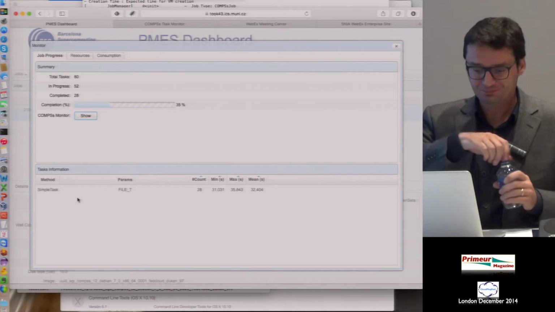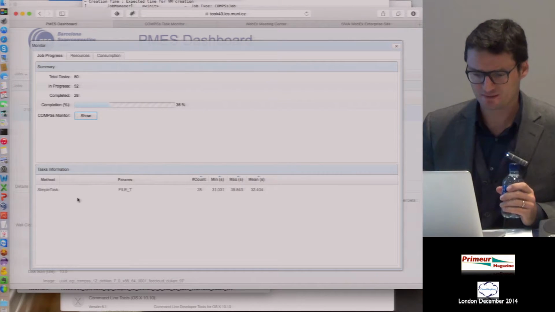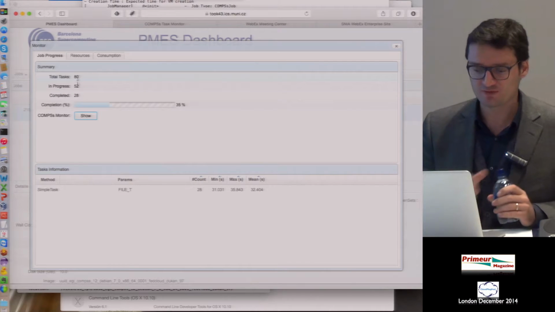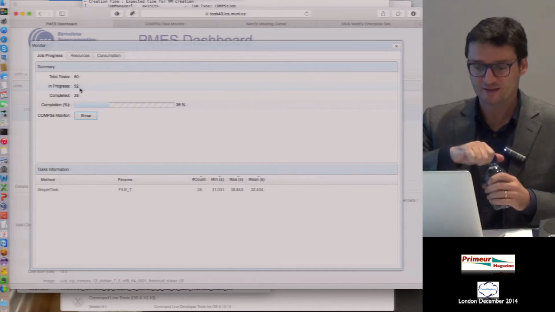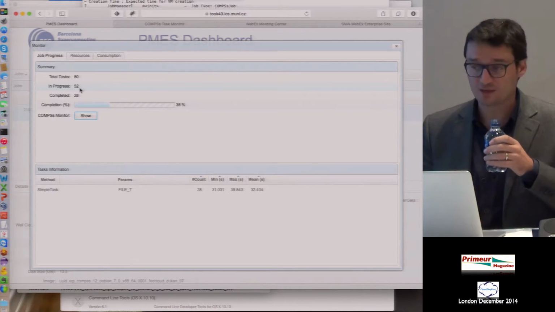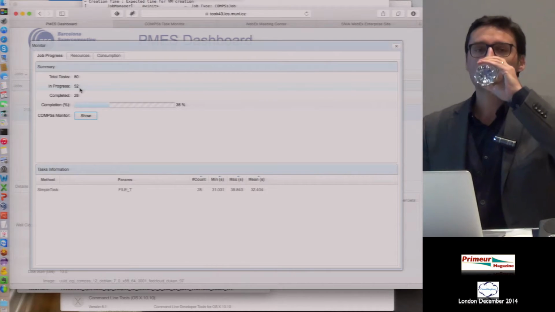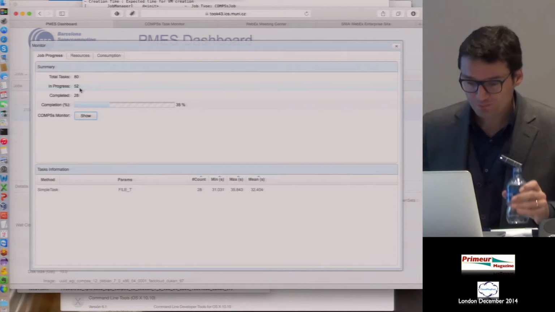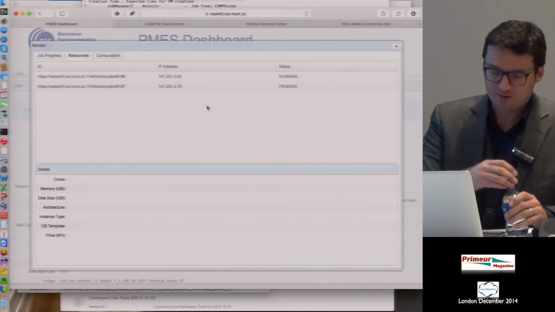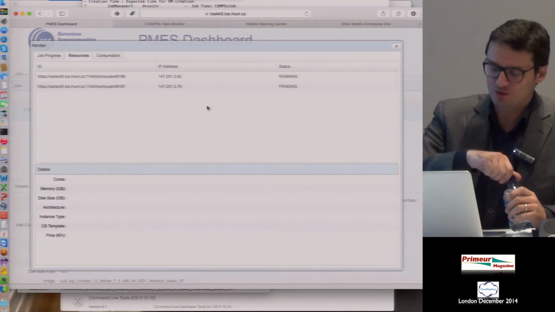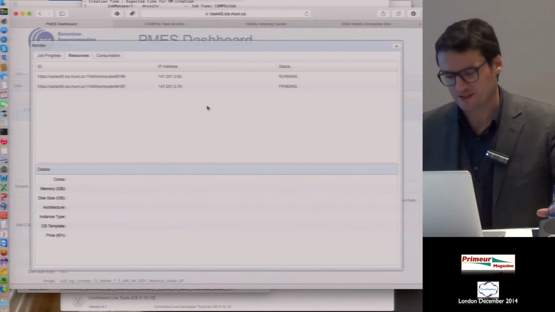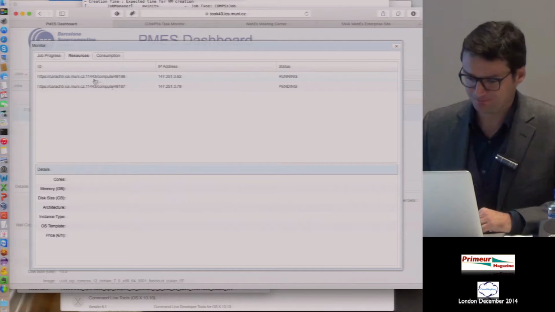So here we can see that we are executing 52 tasks, with 28 already completed out of 80. We have to improve this dashboard because here there is not the complete list of resources.